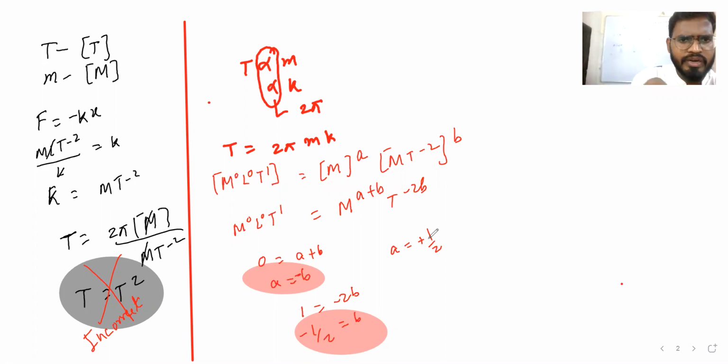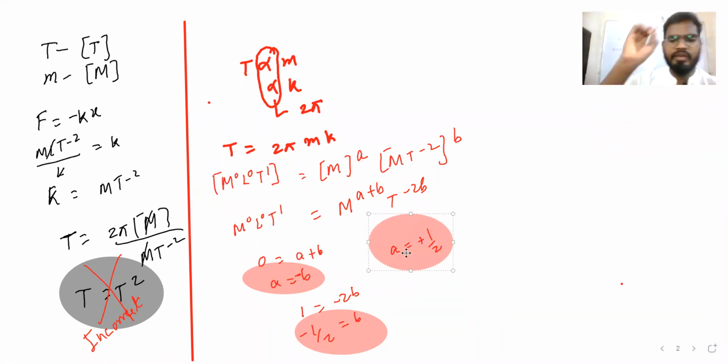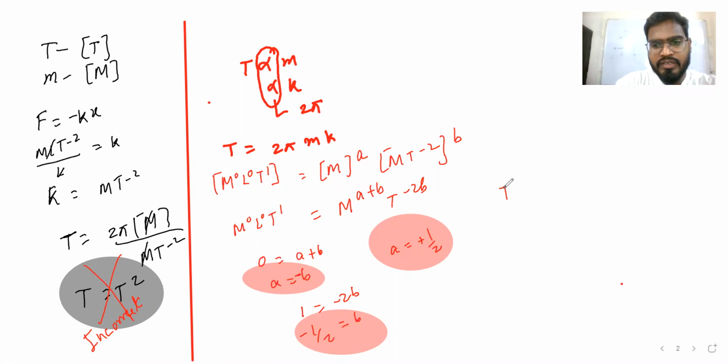If you understood properly, from here we'll get the equation. So till here you got the A and B values. Let's see now, we'll write the equation of time period. Time period is, constant was 2 pi, so 2 pi, and then A is what we took, mass to the power 1 by 2. It means we can write root under of that. And B is, K to the power minus 1 by 2, so 1 by root K, right?